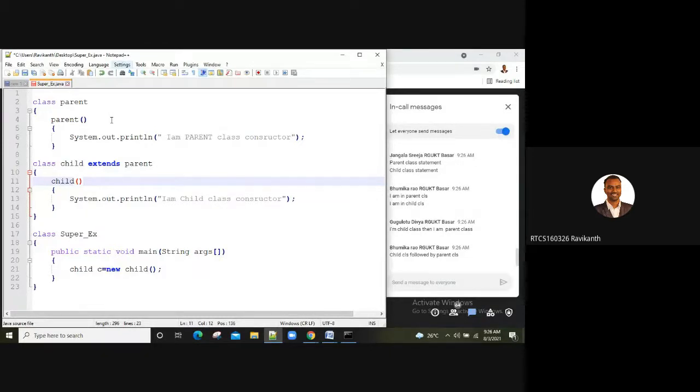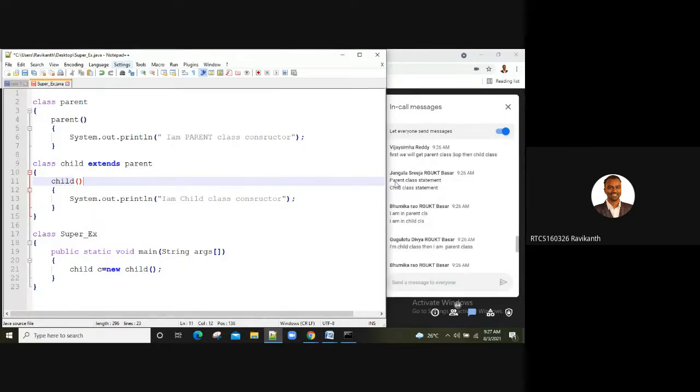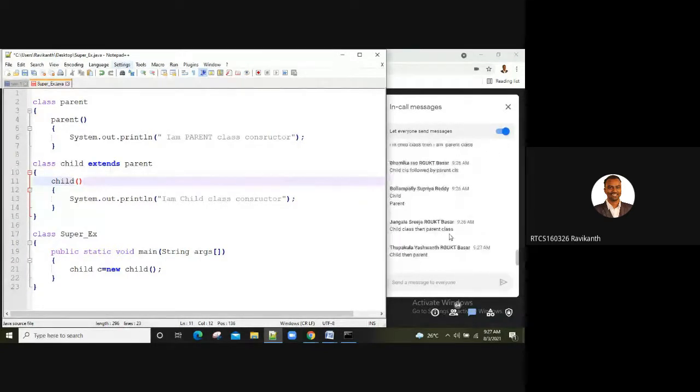Yes, child class followed by parent class. Good, Bhumika. Good, Supriya. Others, I would also like to see from others. Okay, Srija, child, then parent. Srija gave first parent, then child, and now is giving child, then parent. Okay, good. Yashwant also child, then parent. Vishal is giving parent, then child. Vishal, please check for which class we have created an instance. Still, any others? Any others want to give results?